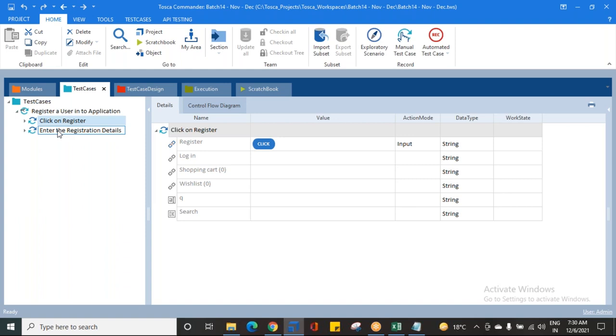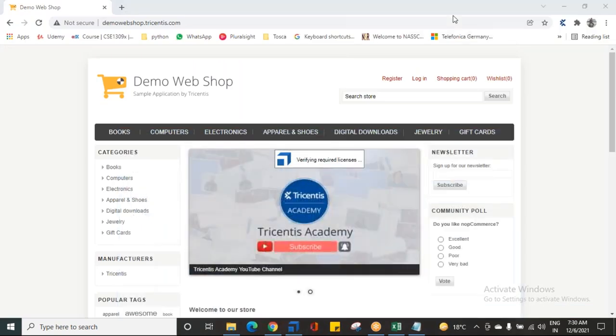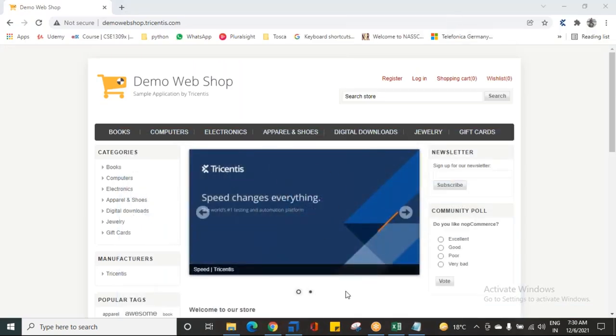I'm just executing these two steps. I'm just selecting these two steps and executing them. How do I execute? Just give a right click, and after giving a right click, click on Run in Scratchbook. Now see, your execution is about to get started, and you can see